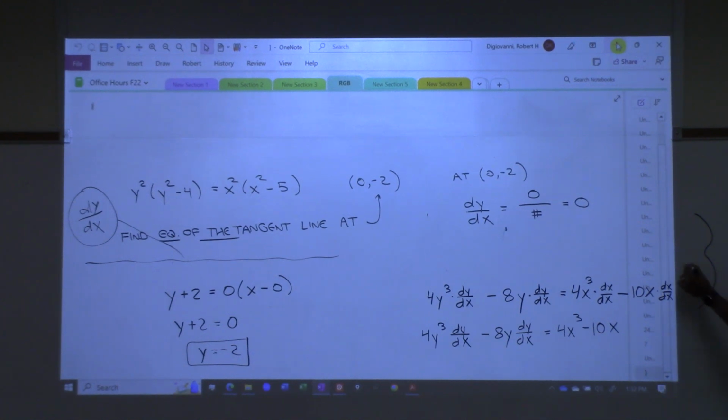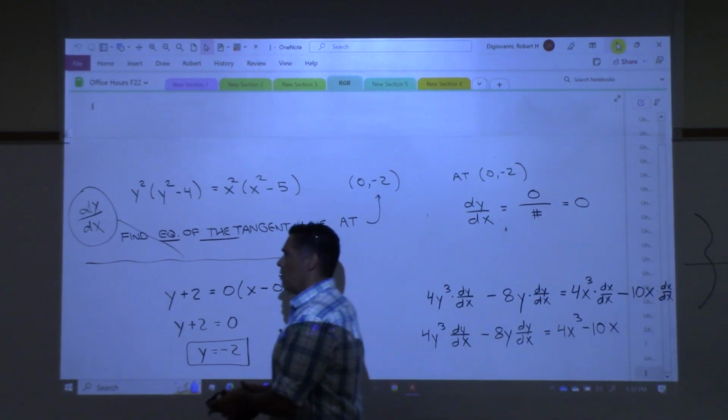The graph looks like this. So I believe that's the point 0, -2. And so I think you would agree that the slope of the tangent line there is 0, so the equation of the line should just be y is -2. Okay, so on a test,